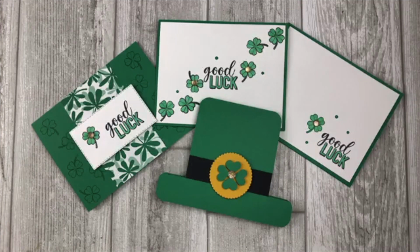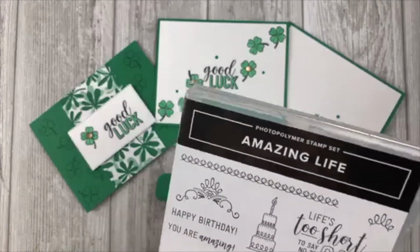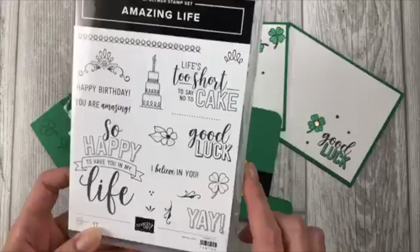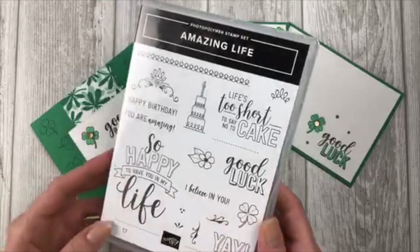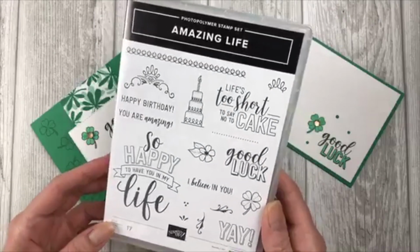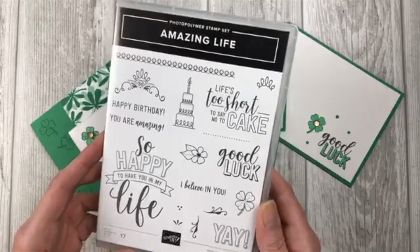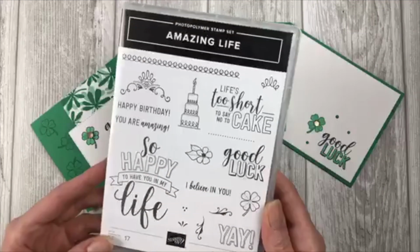I have some fun little St. Patrick's Day cards that I want to share with you. Since St. Patrick's Day is right around the corner, actually 1 week from today, I believe, I want to show you how to make these cards. I actually found a little 4-leaf clover there in this Amazing Life stamp set. So that is the set that I'm going to be using. And it has a fun little good luck greeting or sentiment in it too. So this is what I will be using today